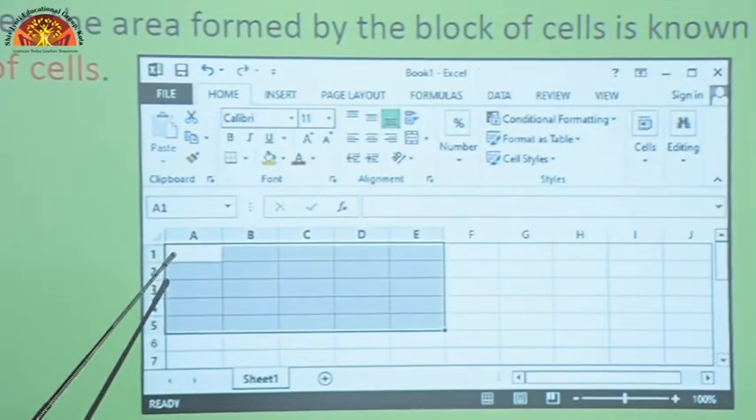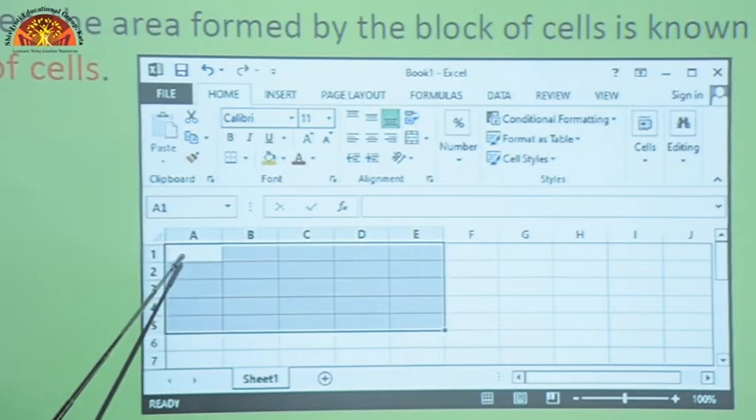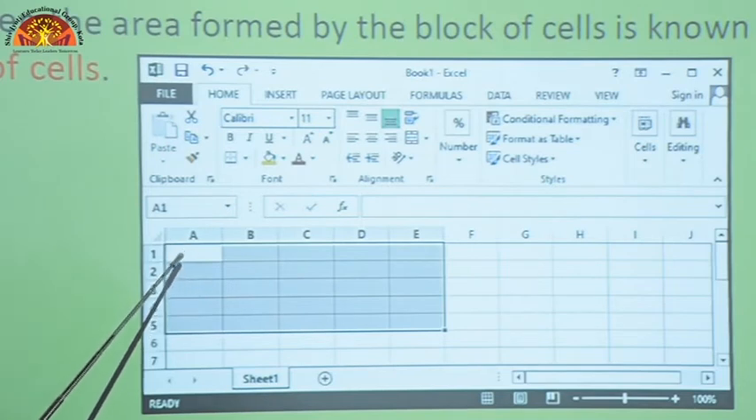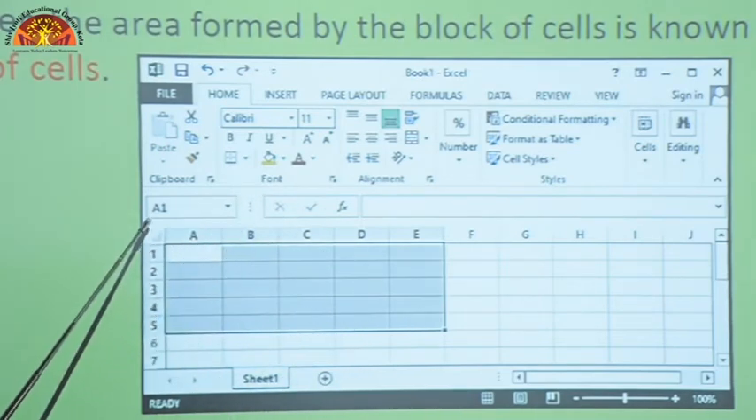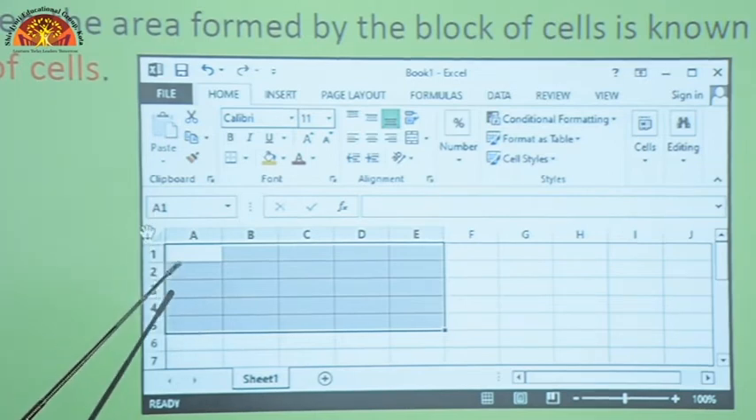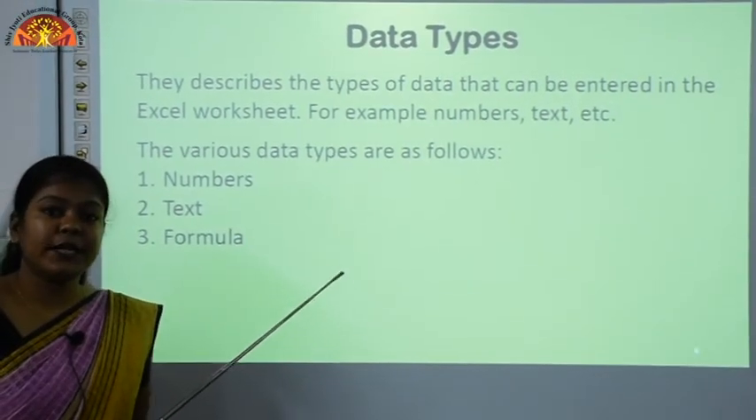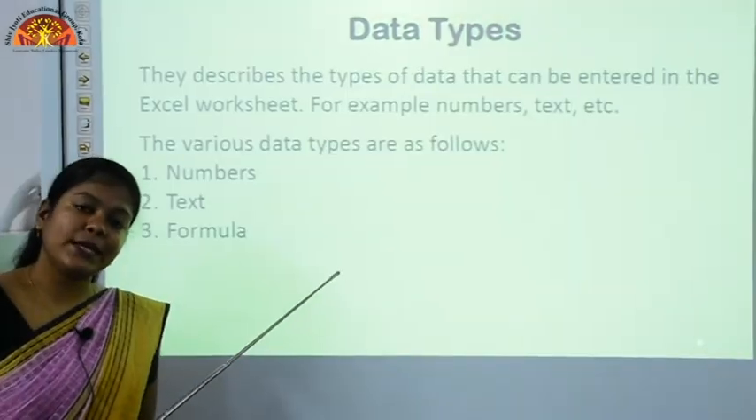Here you can see this first cell is highlighted with the white background, and you can see the address of this topmost and leftmost cell of this block. This is A1, which is the address of the topmost and leftmost cell of this block. You can insert different types of data in your Excel document, like you can insert numbers,